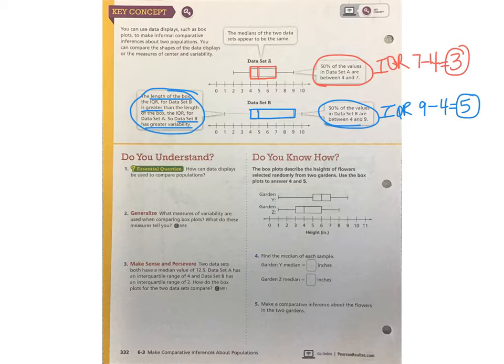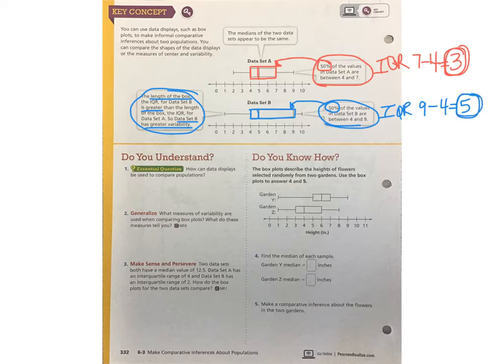If you notice in dataset A, 50% of those data values are between 4 and 7. That's where the box is. Okay? So the box represents 50% of those data values, which makes that interquartile range 7 take away 4, or 3. In dataset B, 50% of those data values, or the box here, lie between 4 and 9, which makes